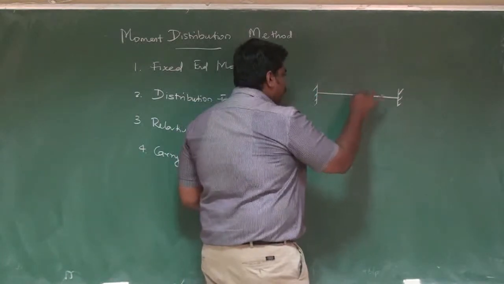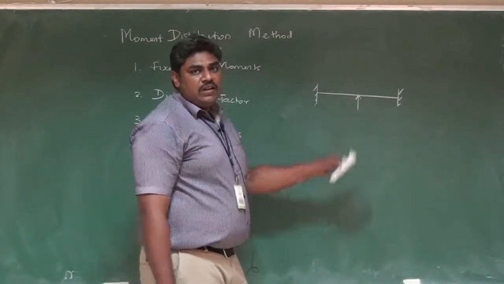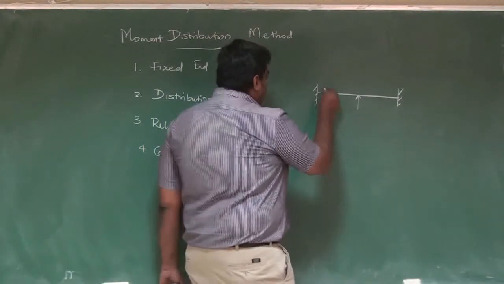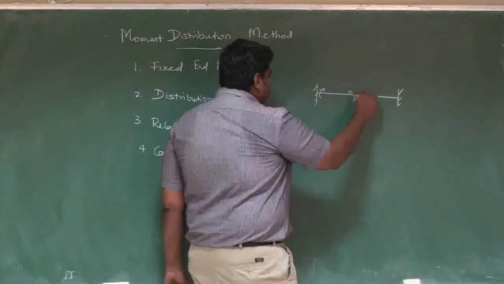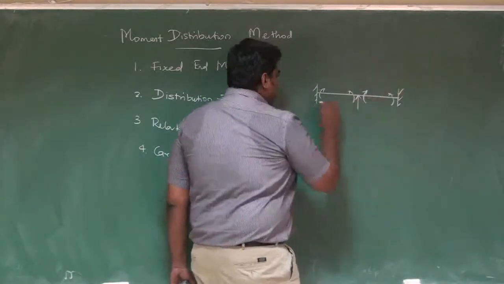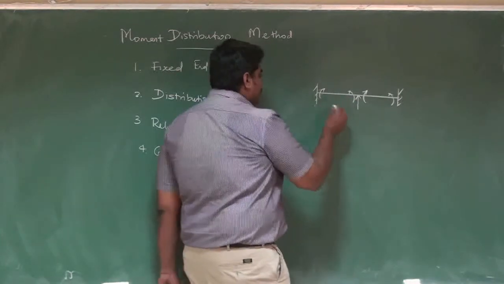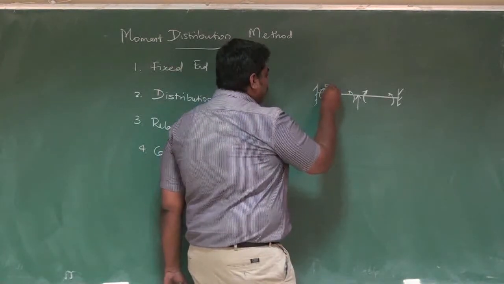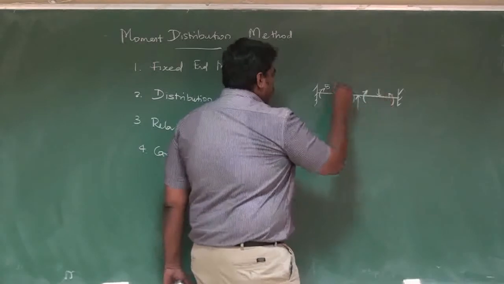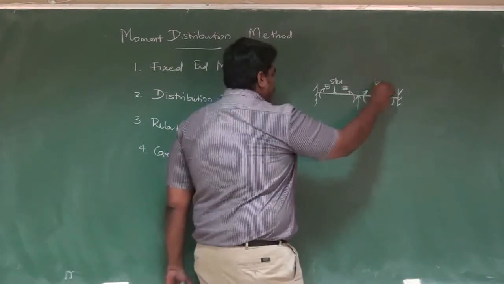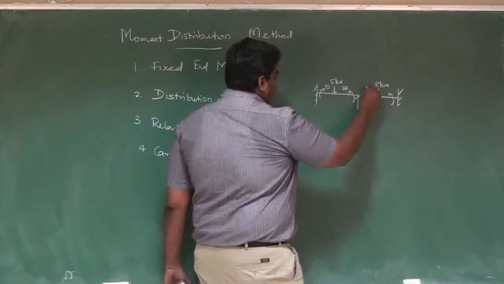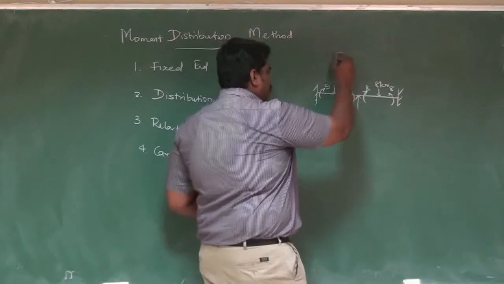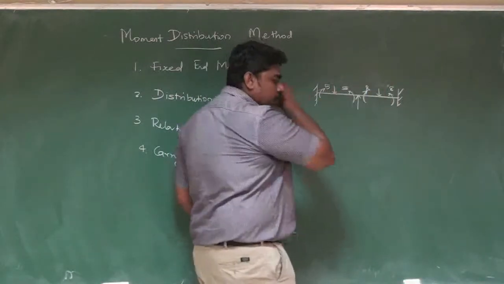Let me have a continuous beam where there is one central support and 2 fixed ends, right? Assume because of the loading I have a moment here. Normally I say fixed end moments will be like this. Left side is negative, right side is positive, as in the previous fixed end moments. Assume there is a central point load. Let me assume equal values 5, 5, and here 8 and 8. You forget the load; remember these particular values which I have here, right?